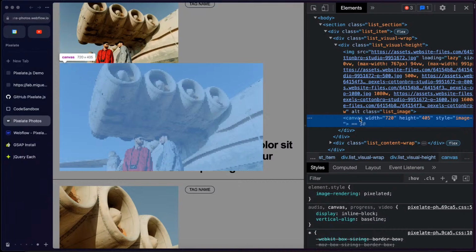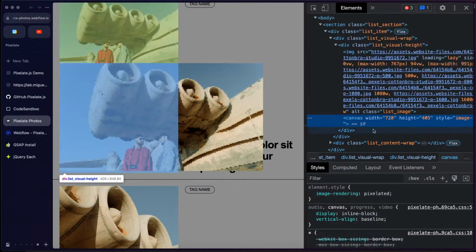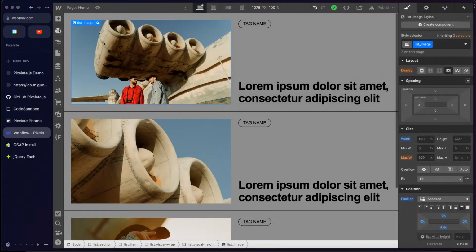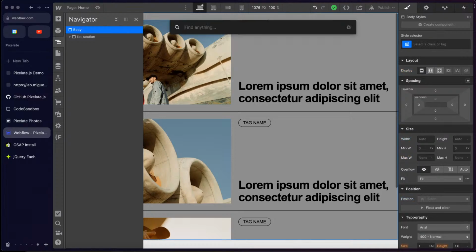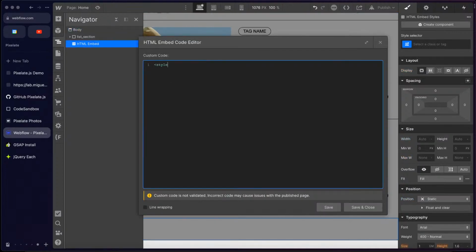So we're going to want to position this canvas absolute on top of our regular image. That way it's covering up that regular image. So if we head back to Webflow, let's just drop in an embed, and let's open up some style tags. And we're going to target only canvas elements that are inside of our list items. We'll find the canvases that are inside them, and we will position those canvases absolute to the top of the parent, left of its parent, and let's also give it a z-index of 2 just to make sure it's on